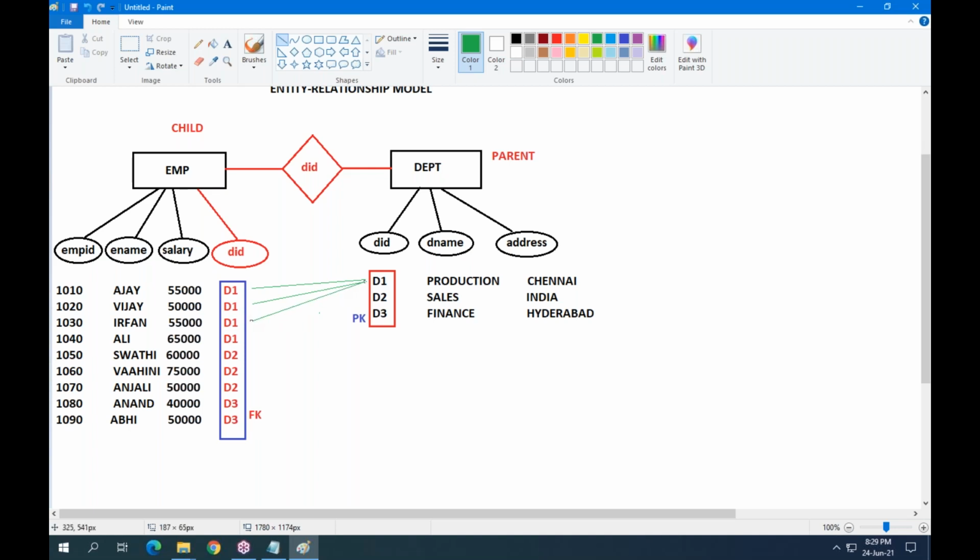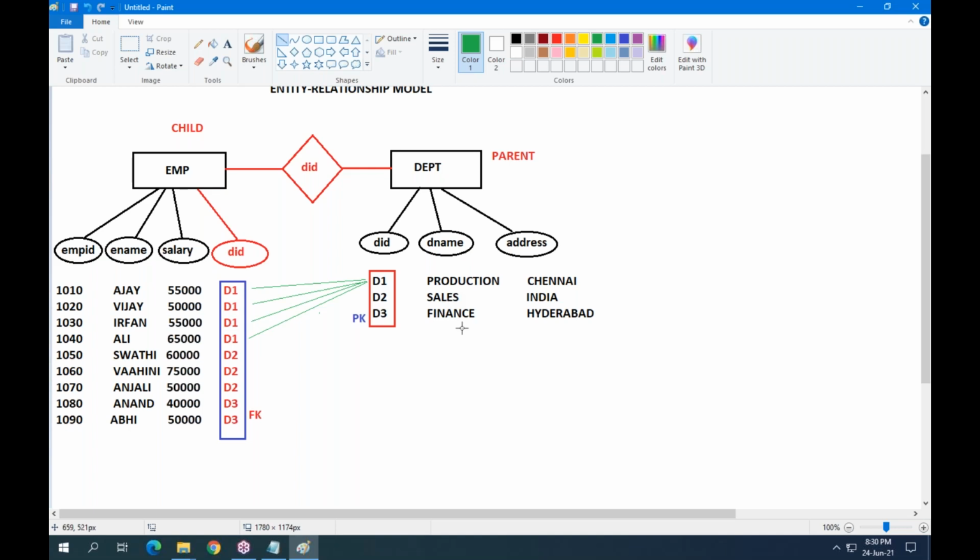No, Hakim, don't consider the department name, because here sales is a department name. Your friend Hakim is asking, sir, can I take department name as a primary key?